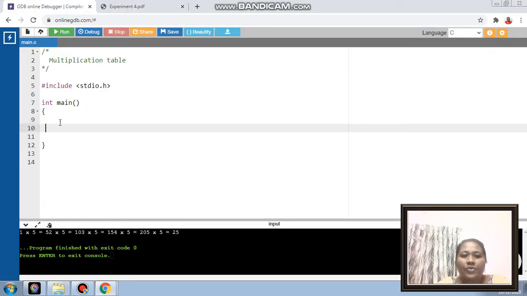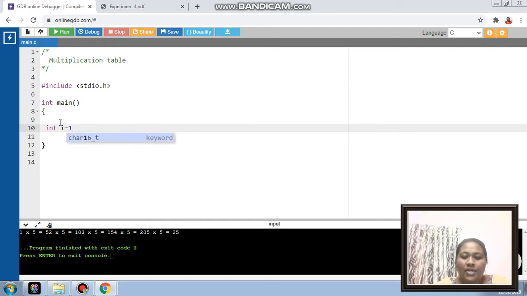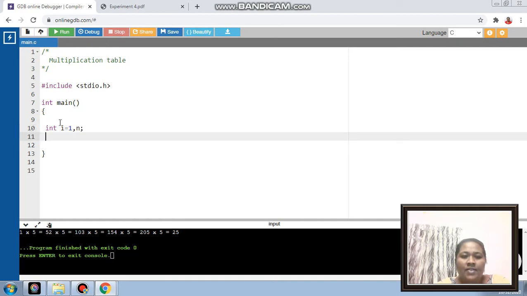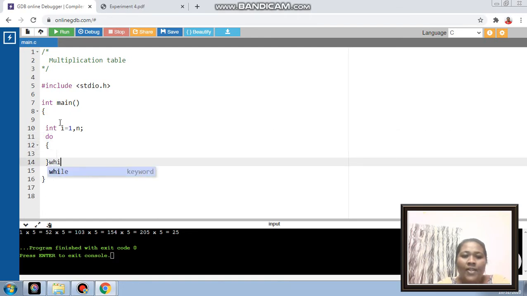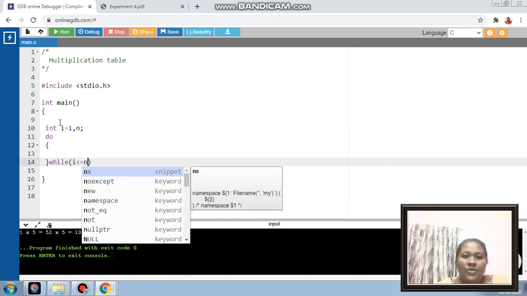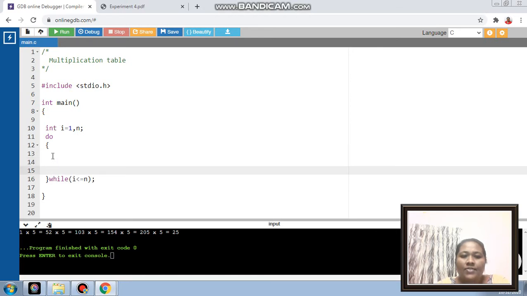So here you need a do while loop. You need to initialize a variable i, and this i is going to start from 1. Then you're going to read for which number you're going to find the table, that is n. And now you can start the loop, that is a do while loop. And while what is the condition, that is i less than or equal to n, and there is a semicolon. Inside that, what is the logic here is